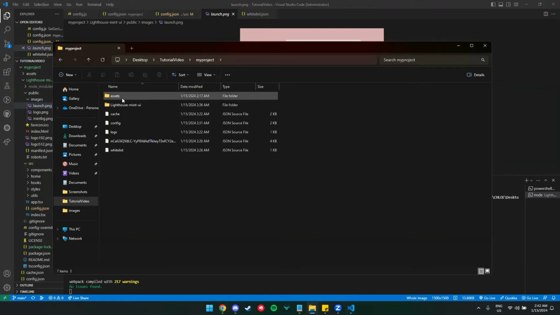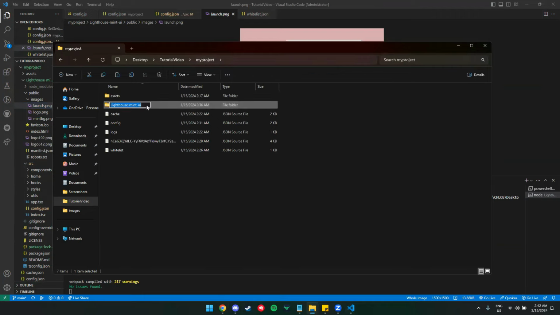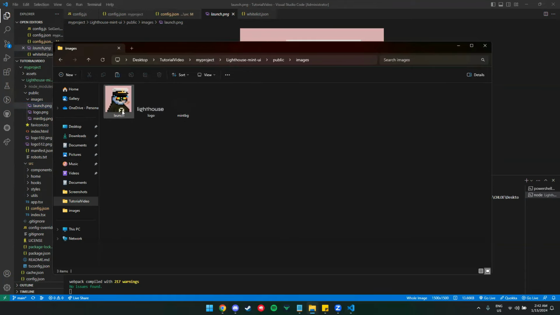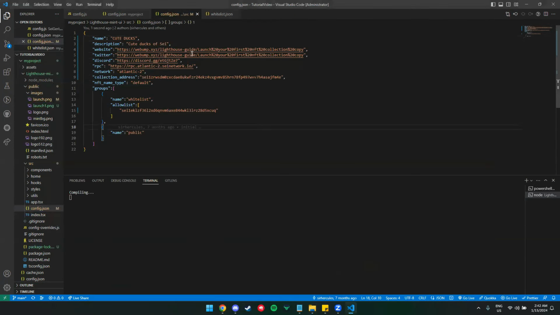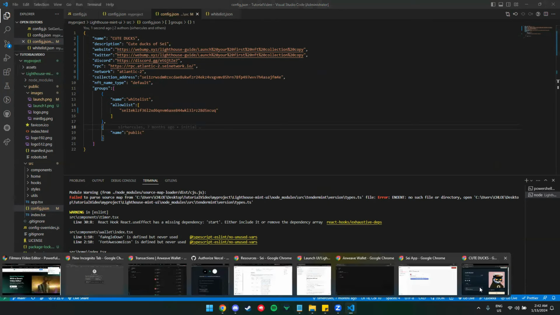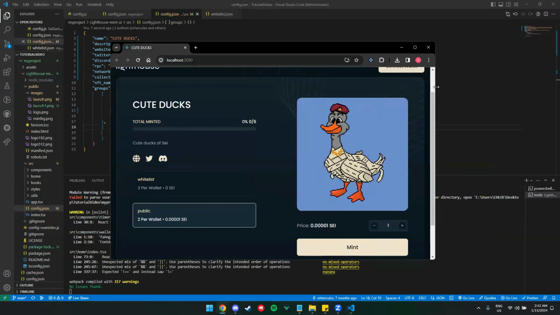Since I have one NFT generated already, I'll try to change the image by changing its file name to launch1 and pasting my image and changing it to launch. So save it. And let's check what happened. Refresh it. There you go.